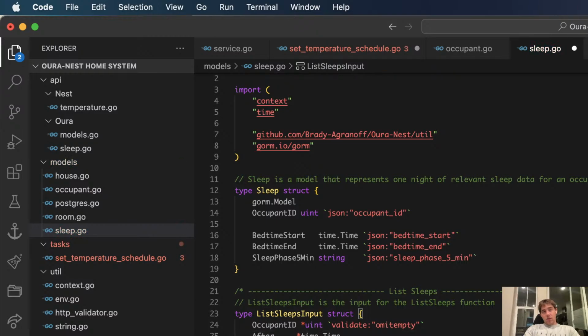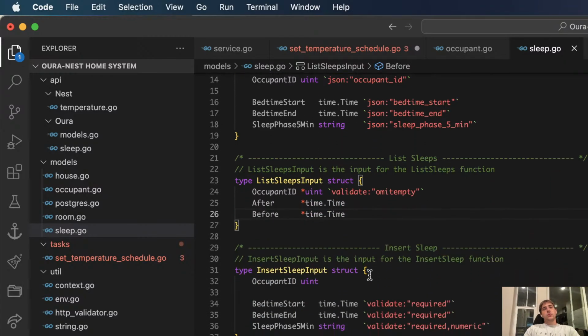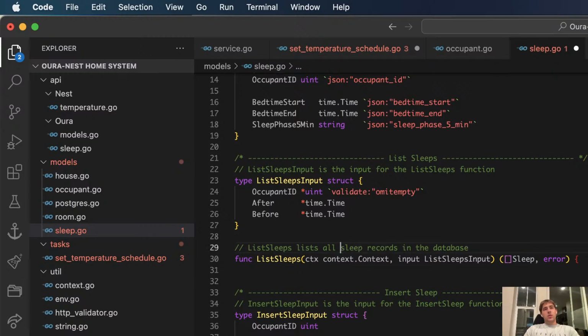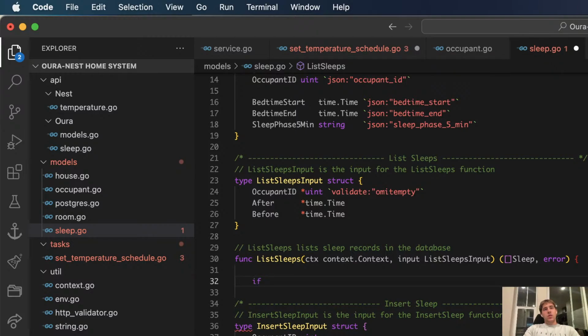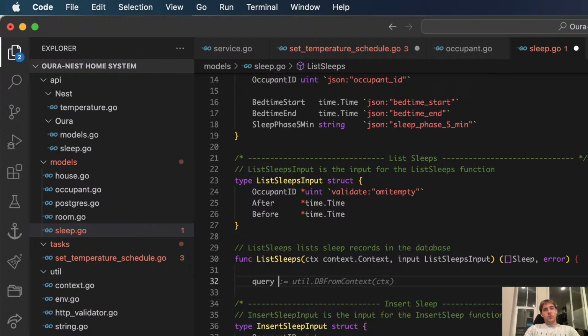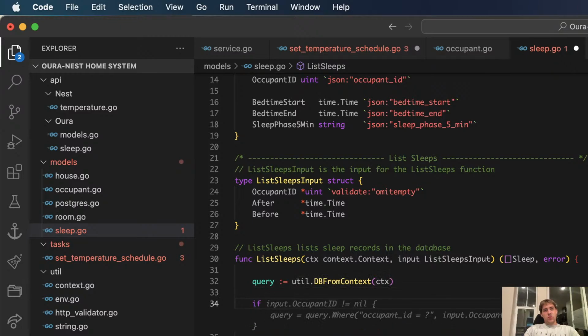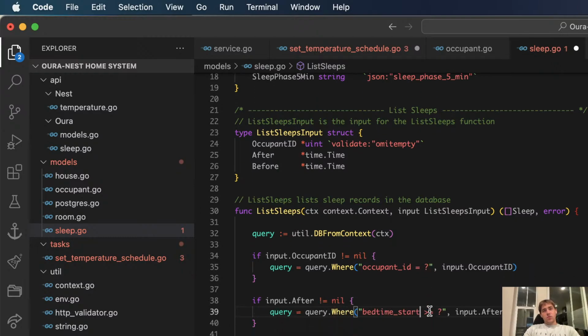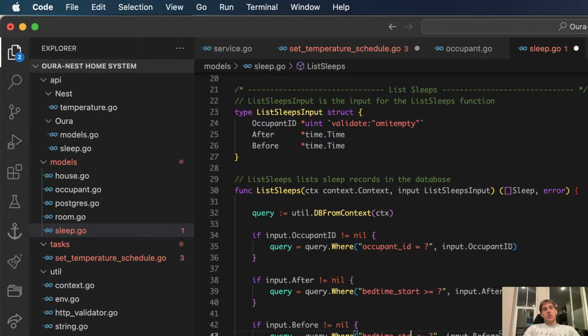It'd be after. And then what I'll do is we'll get sleeps. I'm going to do bedtime.end.